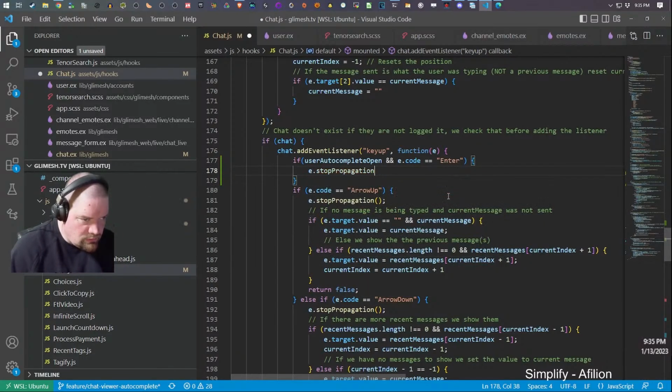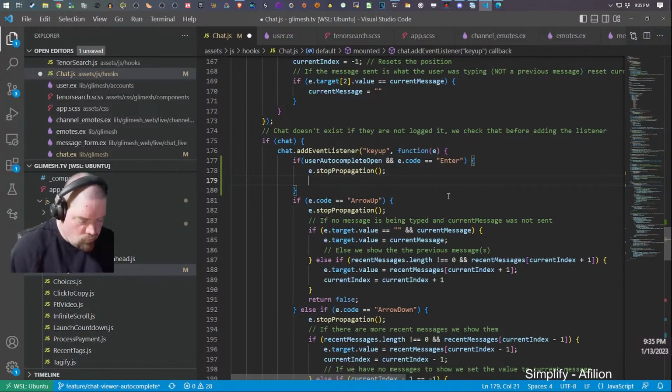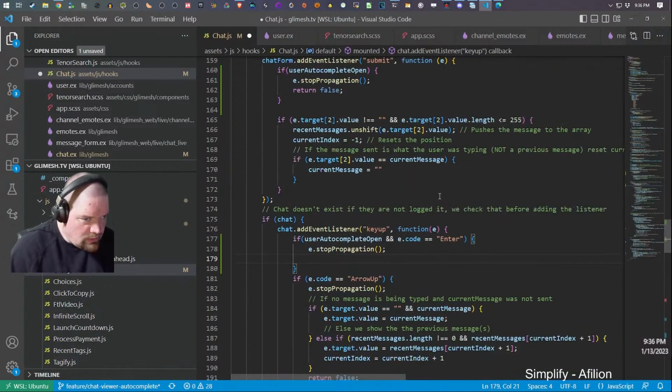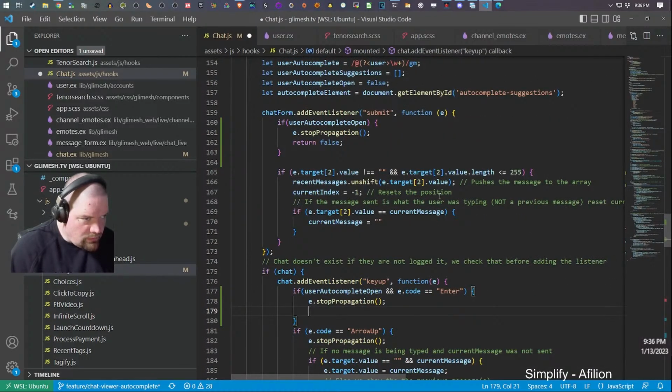Stop propagation. Wait, don't I have that? I have the autocomplete element.